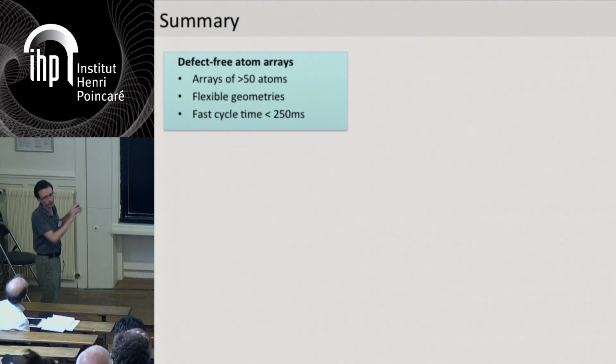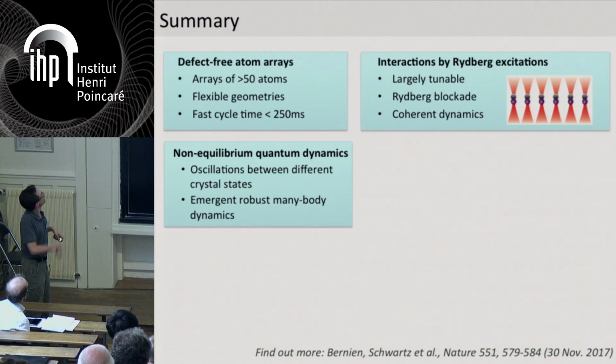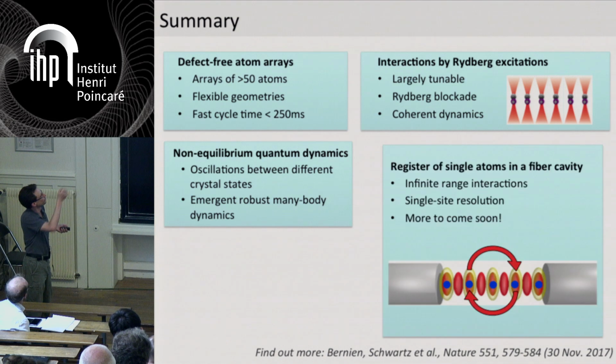All right, so with this, let me finish with a quick summary of this presentation. So we have built defect-free arrays of atoms interacting through Rydberg states. We have observed some non-equilibrium quantum many-body dynamics with this. We could prepare with high fidelity many-body states by sweeping across quantum phase transitions. And I have also introduced you to this register of single atoms in a fiber cavity, which is currently being